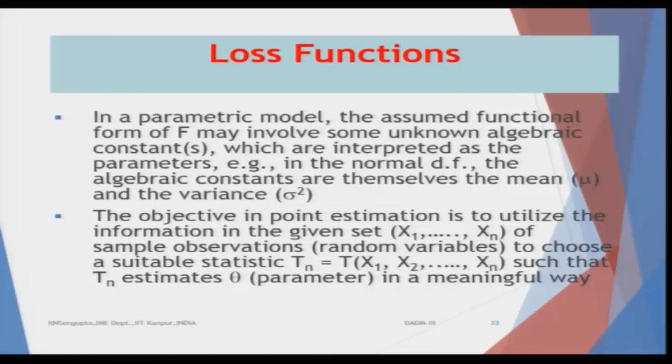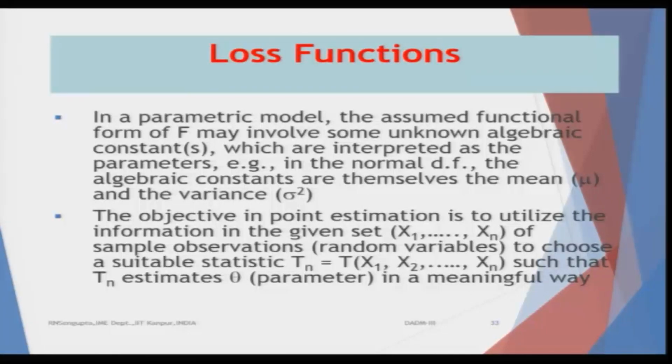The objective in point estimation is to utilize the information in the given set, where I pick up a set of observations x1, x2, x3 till xn. These are the set of random observations, and we choose a particular statistic. Now, a statistic is basically the actual functional form based on the sample which we find out. That means x1 to xn, whatever set of observations we have, which we call a sample, we combine them in some functional form and find out a particular statistic. That statistic is used as the best estimate for the population parameter for which we want to do some studies. So, this is basically a statistic.